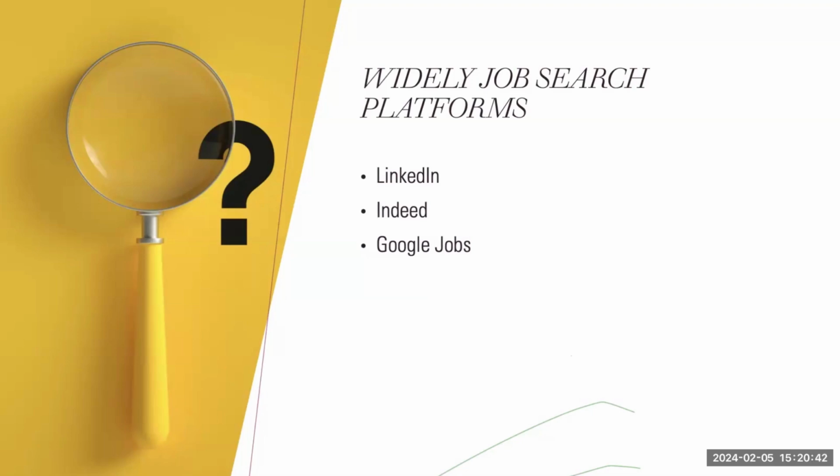But the idea here is you want to be able to, if you can, set up a notification for jobs. And you're thinking, I don't want all these notifications for these jobs. But I will tell you that there are so many postings depending on what you are searching for. Again, you will narrow down your filters by the type of jobs, where they're located, etc. But you can set up alerts that will give you a daily summary of the postings for that day or for that week, depending on which platform you choose here.